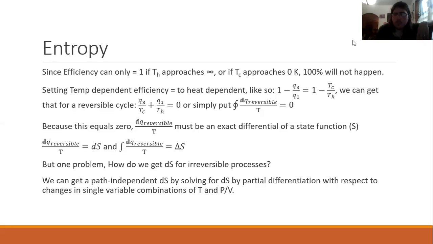Setting the 1 minus Q3 over Q1 to equal 1 minus TC over TH, we can remove the ones and get the TC and TH to the other side and cross multiply to get the Q's in the numerator and only temperatures in the denominator. So we can get that Q3 over T cold plus Q1 over T hot is equal to 0. Essentially,